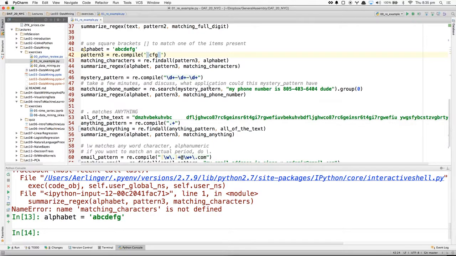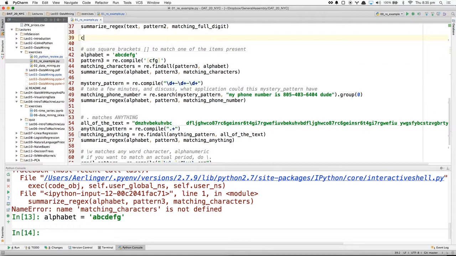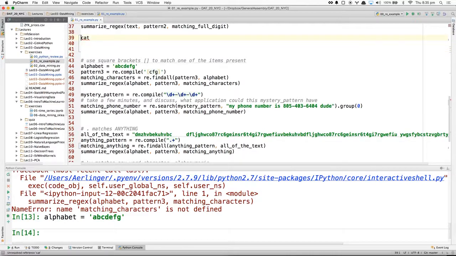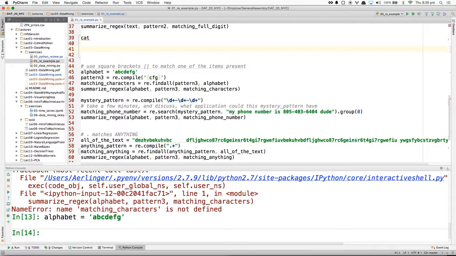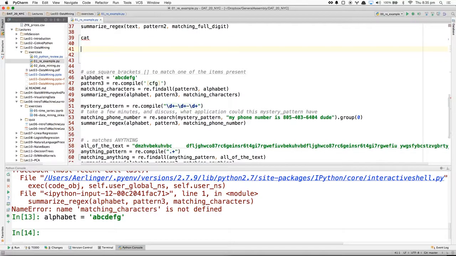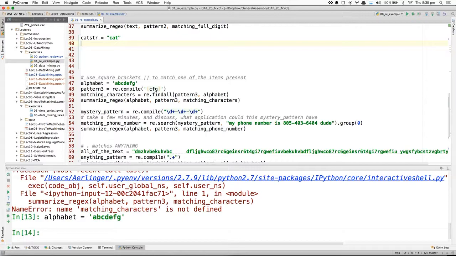So for instance, let's say I did cat, right? If I did re.compile with a string like this, C, [AO], T, this would match, right?